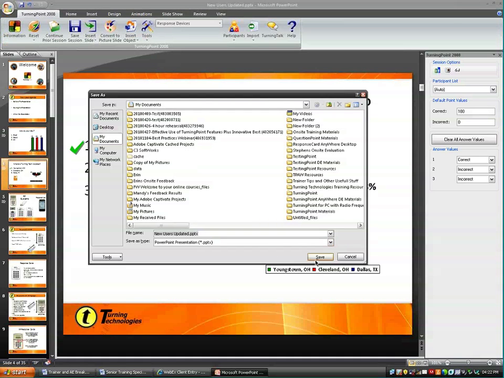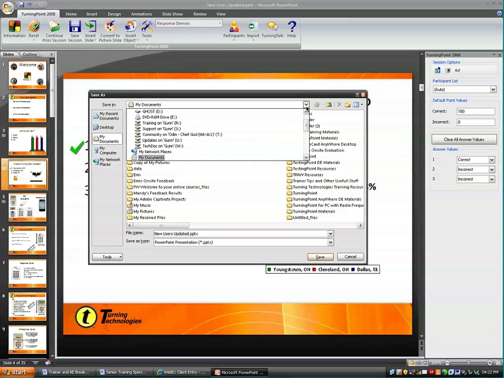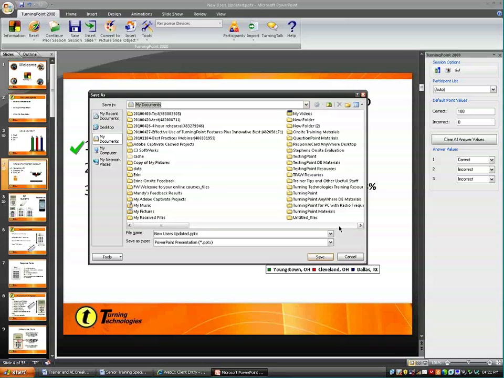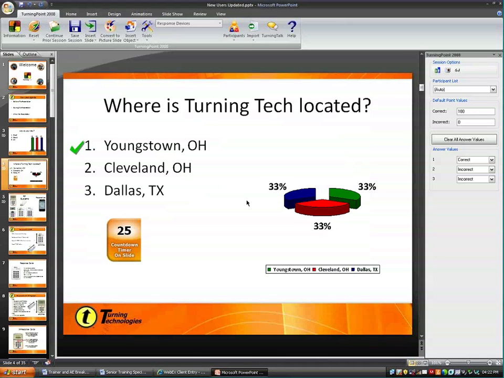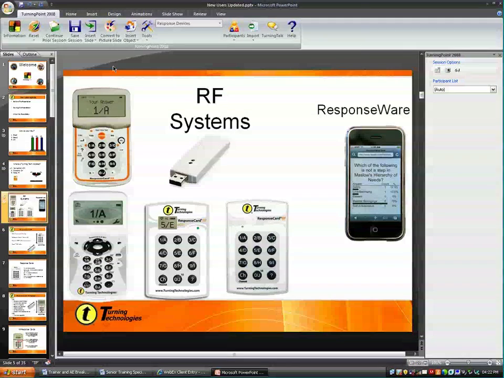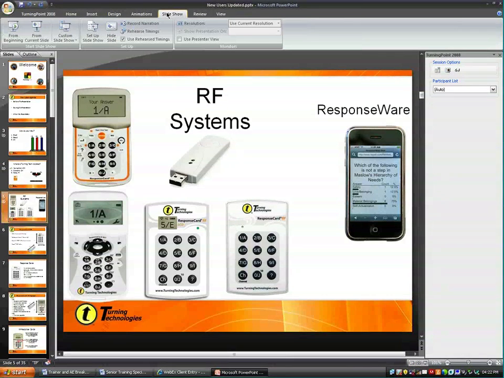So I went to Save As a PowerPoint, and I can save this to my documents, a shared network, a flash drive, or any other place that I would normally save a presentation. Nothing at all has changed. You guys have any questions on where to save? All right, now before we move on and talk about those 8 steps of running a presentation, it is absolutely